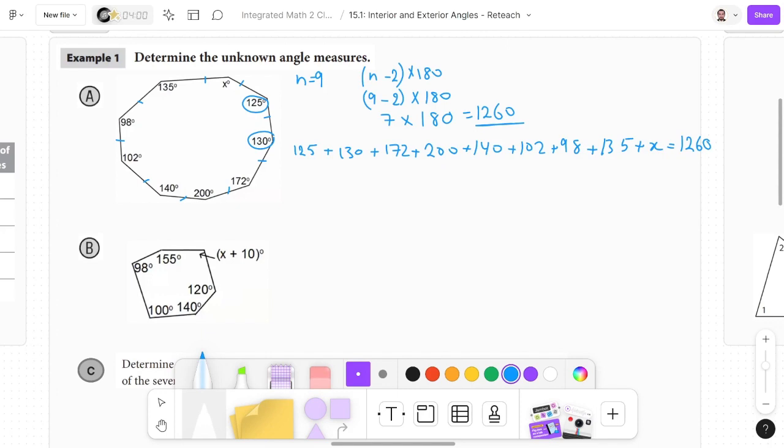So if we add all of these numbers, we will get 1,102. So 1,102 plus x equals